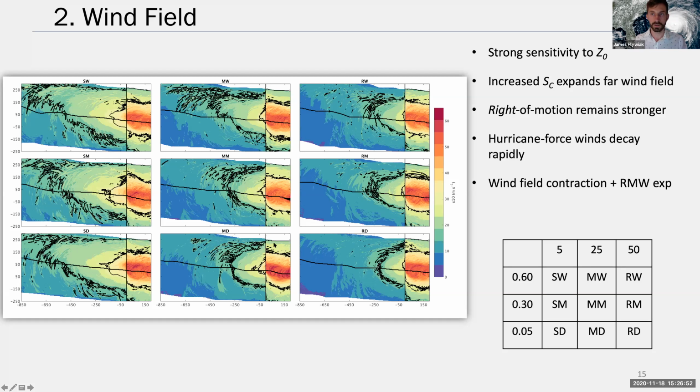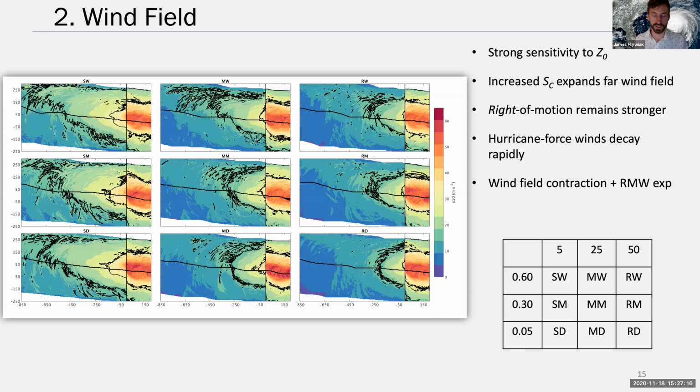So again, we see a strong sensitivity from Z0 going left to right. However, increasing the SC expands the far wind field. So we see more occurrences of tropical storm force winds in the far field, and especially to the right of motion. And this right of motion asymmetry isn't only due to the storm motion-induced asymmetry,